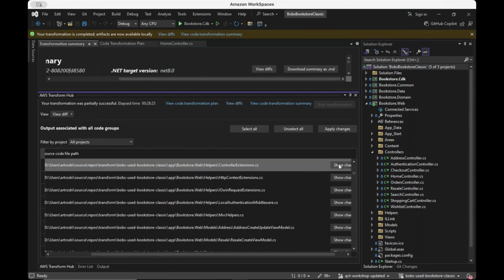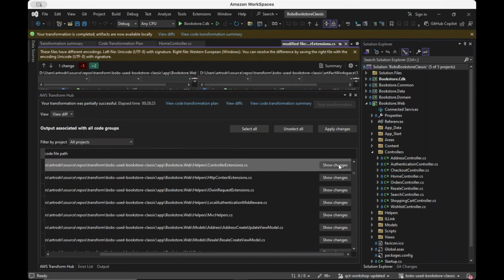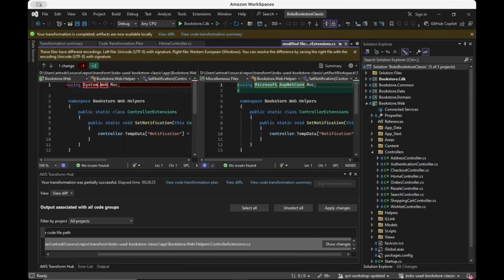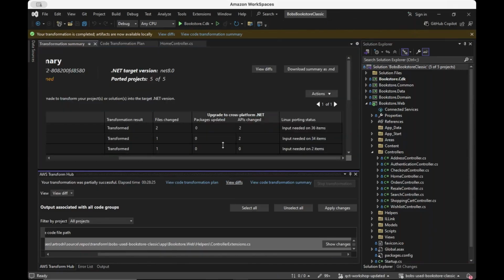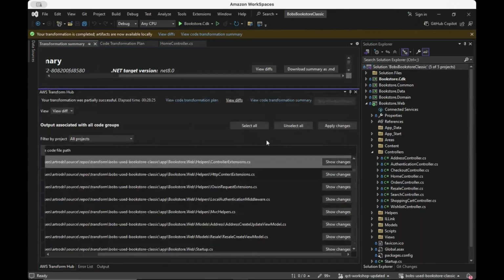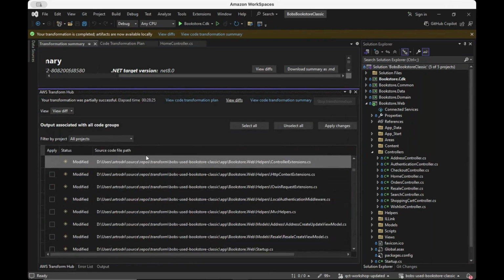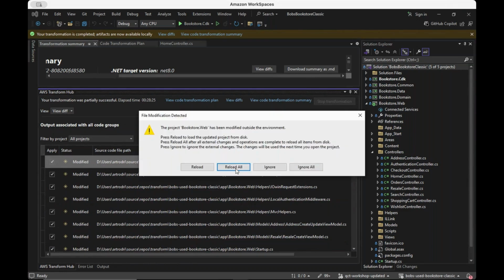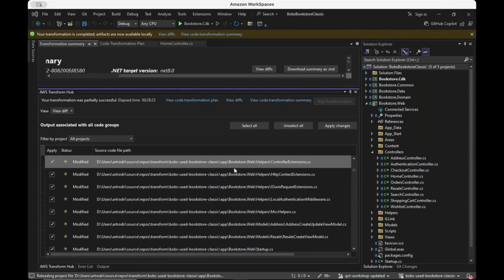And that's something similar to what Runit showed you on the web interface. I can see the changes. Just pick one file that doesn't have that many changes, but I can see the changes that have happened in my solution and project. Once I'm happy, say, okay, it makes sense to me, I can select them all and apply changes. From this moment, I'm replacing all the files with the files that AWS Transform sent to me.